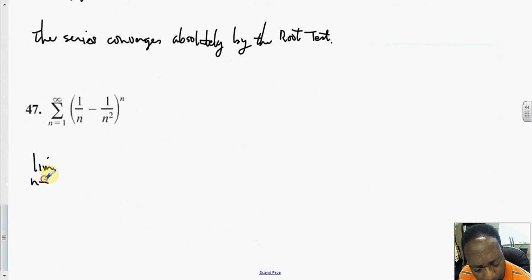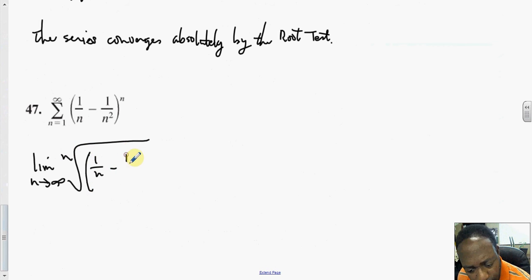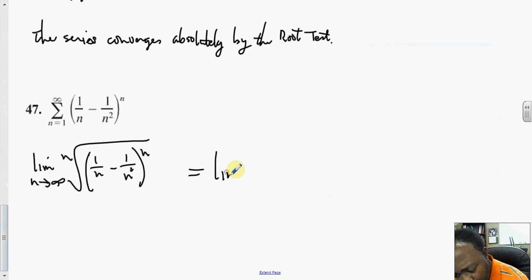So the limit as n goes to infinity of the nth root of 1 over n minus 1 over n squared, raised to the nth power. Notice that just gets rid of the nth power for us because this is 1 over n, the 1 over nth power there. So this is the limit as n goes to infinity of 1 over